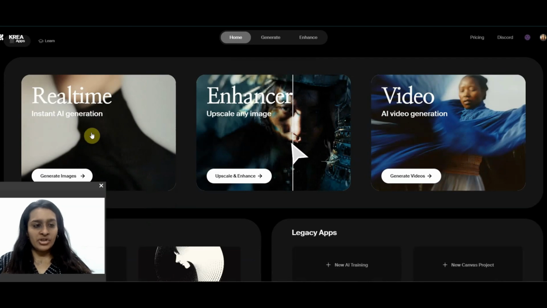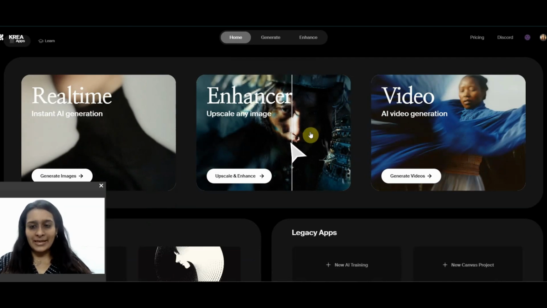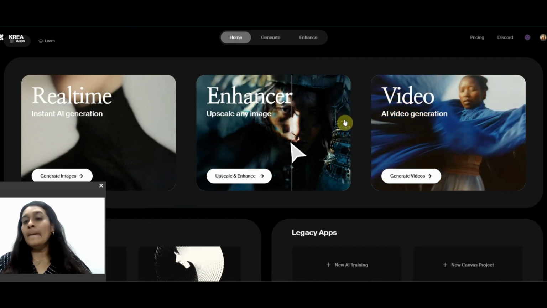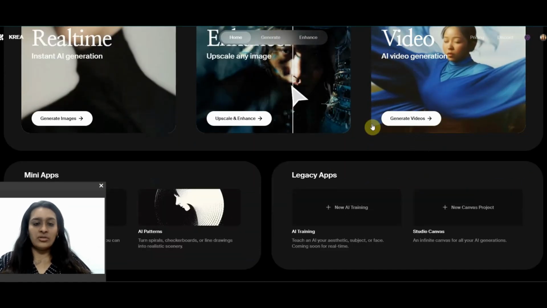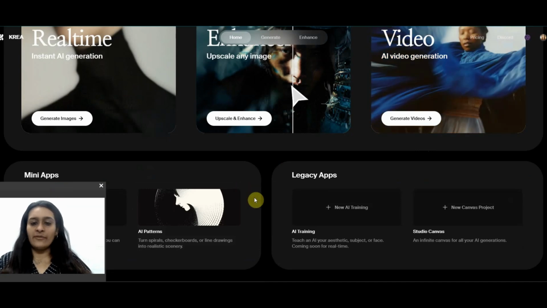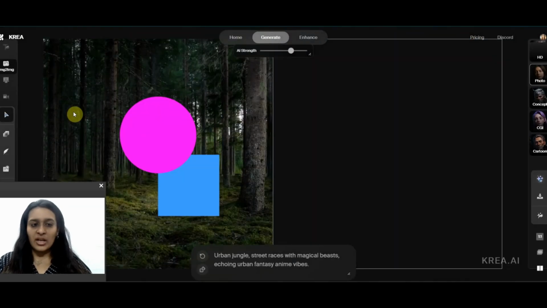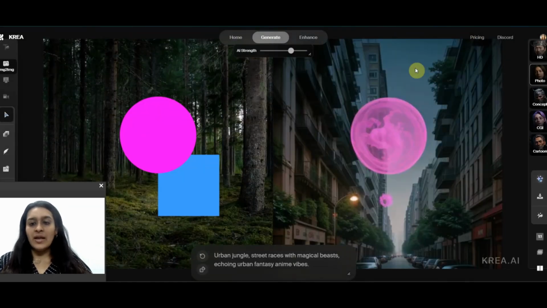It's for image AI generation, upscaling an image, which is there in most of the AI softwares. Even Chrome AI does upscaling. Video generation from text to video. Then they have a few patterns which you can create, and they have a canvas. So I think we'll go ahead and generate a few images for us. Let's see how interior images can be